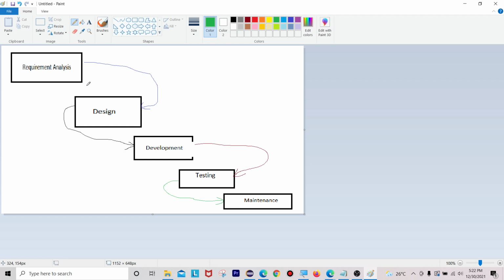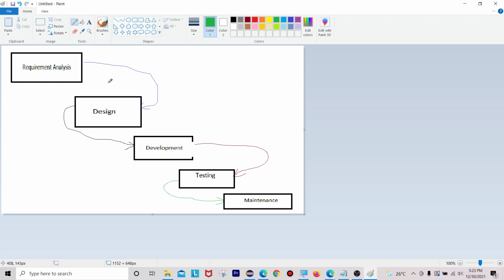One more thing: what are the disadvantages of the waterfall model? Once the developed application is in the testing stage, it is very difficult to go back and change something that was not well thought out in the concept stage. Okay, what is the disadvantage here? Once the developed application moves to the testing phase, it is very difficult to go back and change something that was not well thought out in the concept stage.